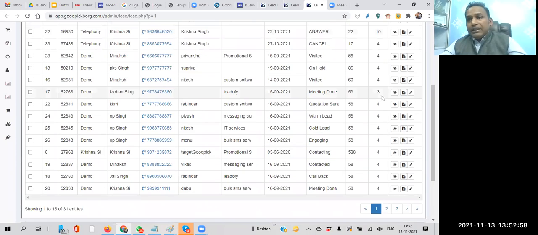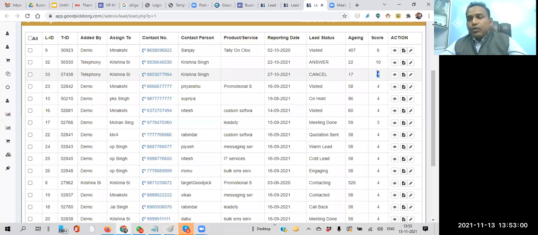And for example, on the other side, this lead has only a lead score of 4. It means that this is a very low potential lead for our business, and we don't have much information about that prospect. The salesperson must take it on priority and collect information after having a discussion on call or on email. So that is all about lead score.